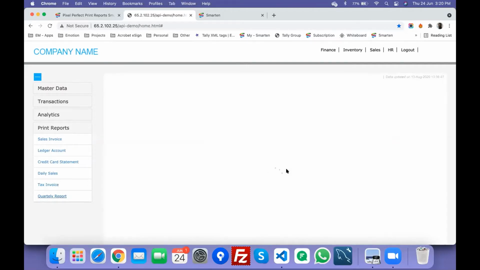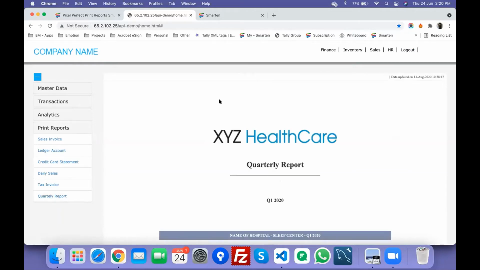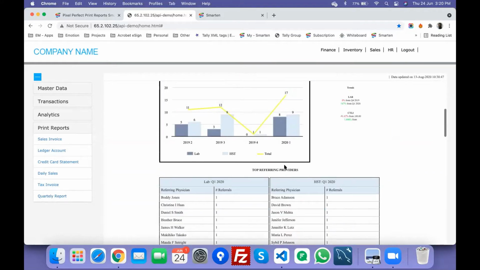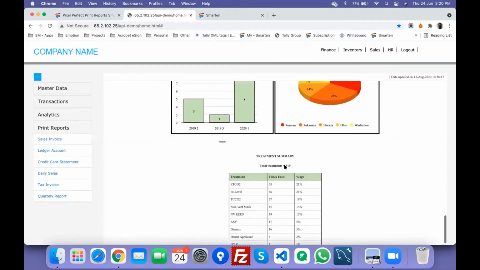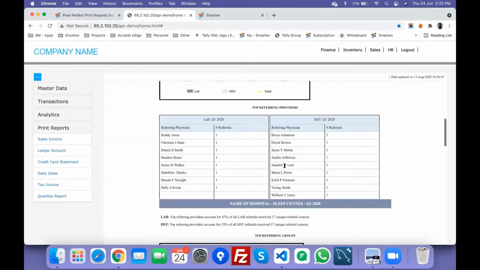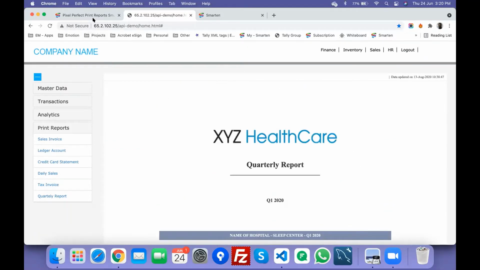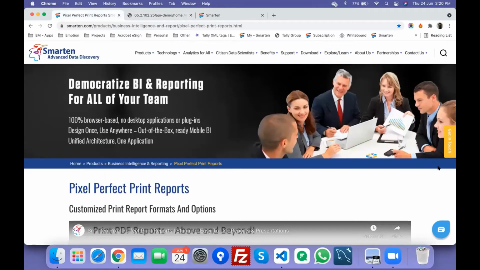So I would recommend you all to leverage these APIs to eliminate your users having to log in to Smarten and then look at the reports. You can bring the analytics to them straight away into whatever applications you are using, and there is SSO and all those APIs are integrated. So your access is pretty much neat and clear.